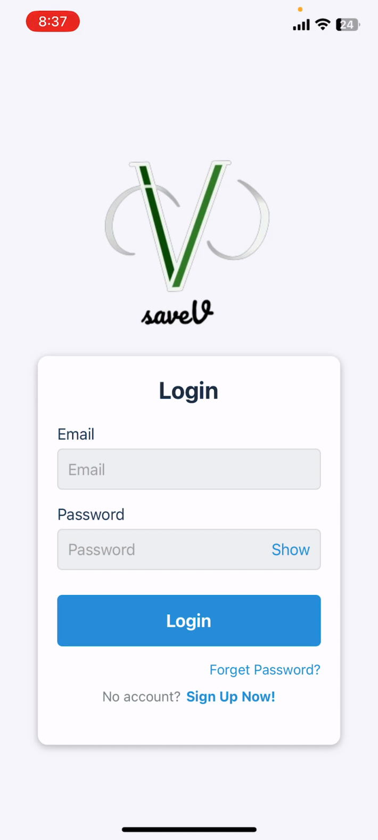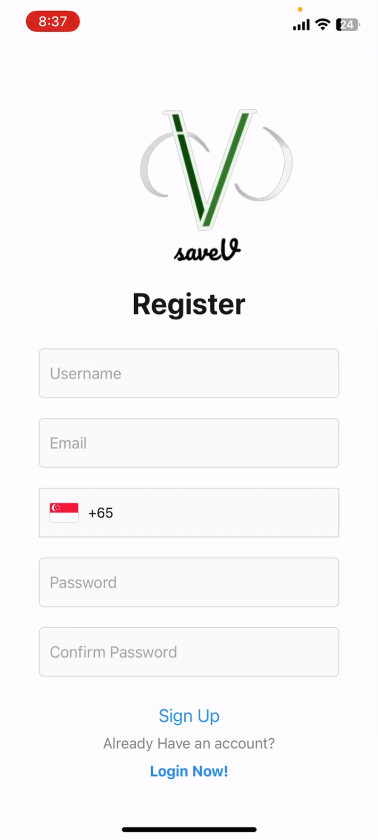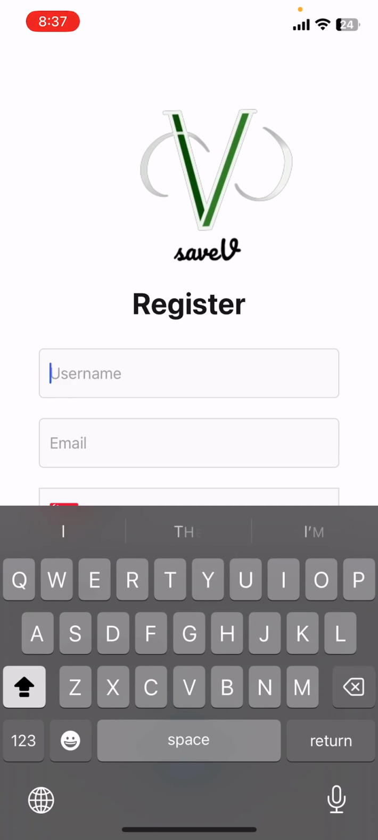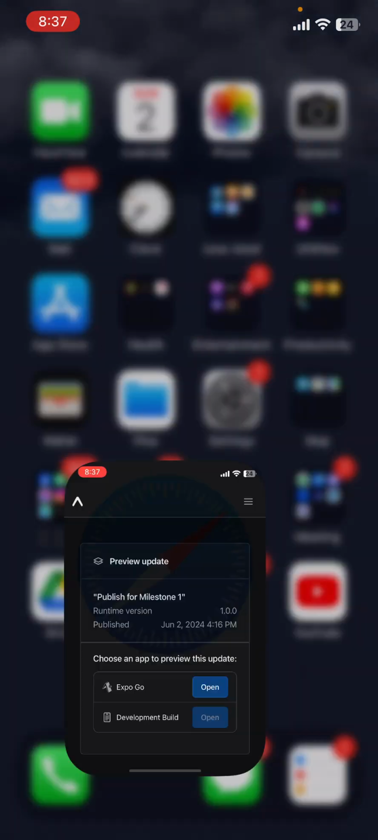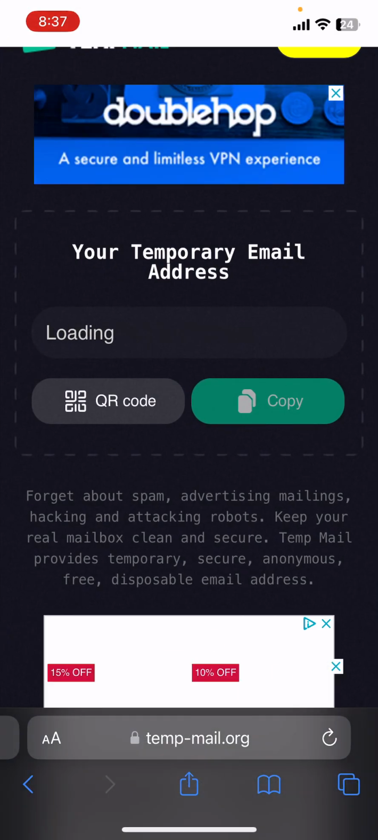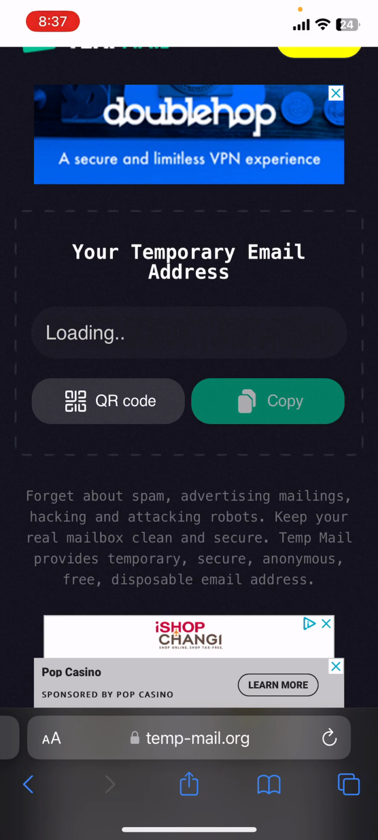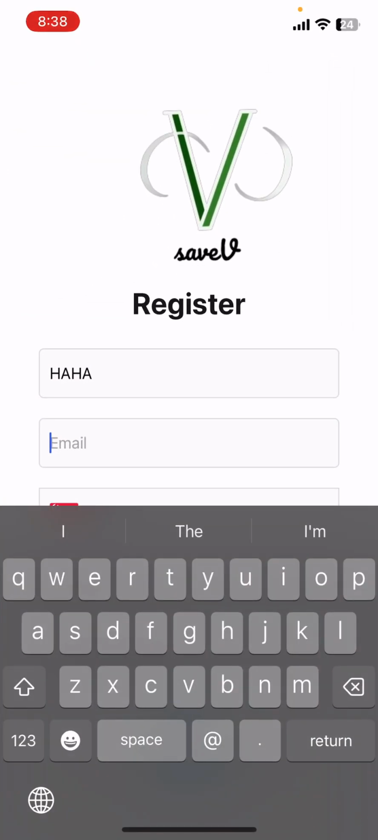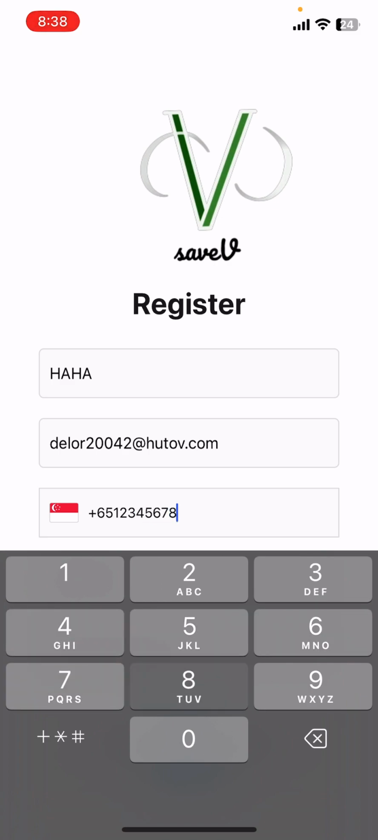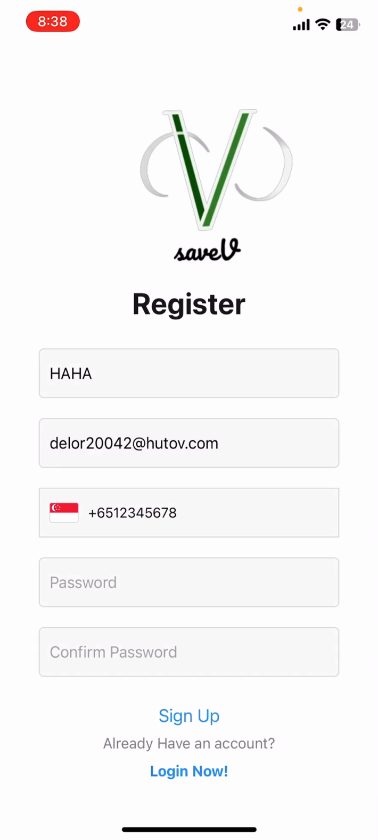Since we do not have any registered account yet, we do require a sign up action here. So first, you can key in your username, and the email. In this case, I will be using a temporary email address. So let me get my temporary email address. Alright, so I have a copy here and I will be pasting it here. Next, I will be keying in my phone number for further verification. Now, I'll be keying in my password, which is 123456 and